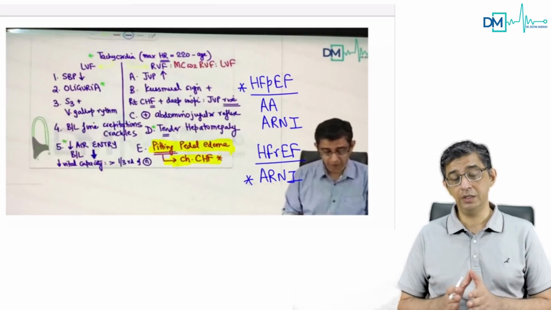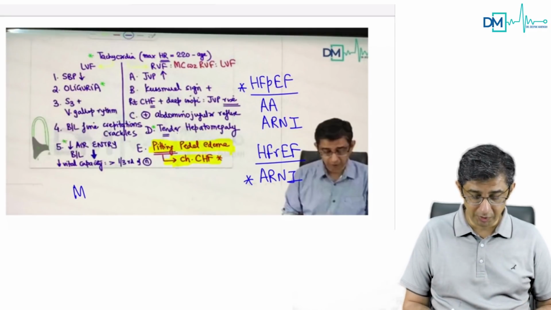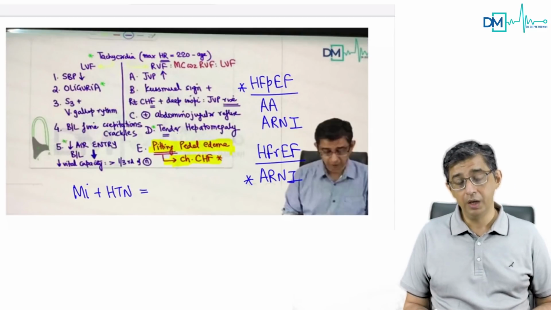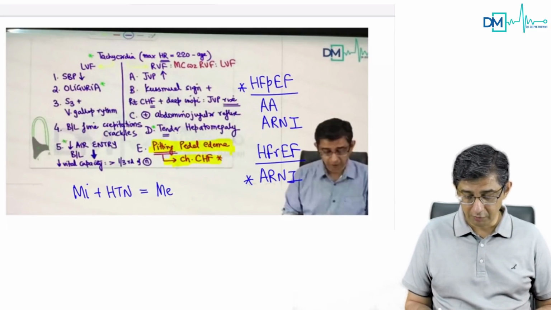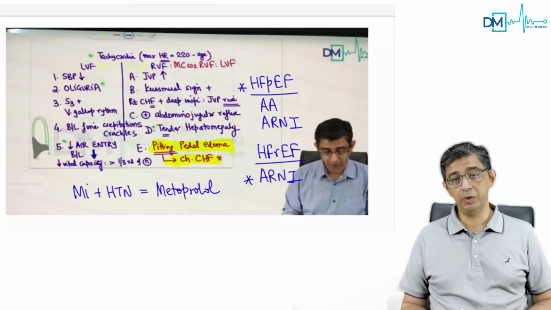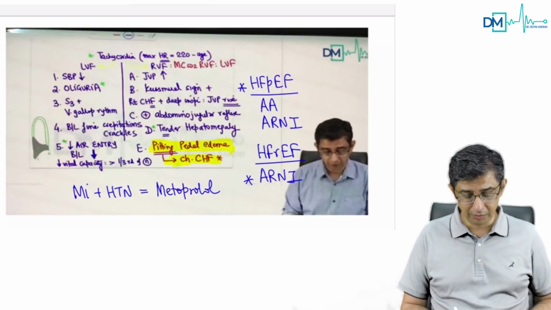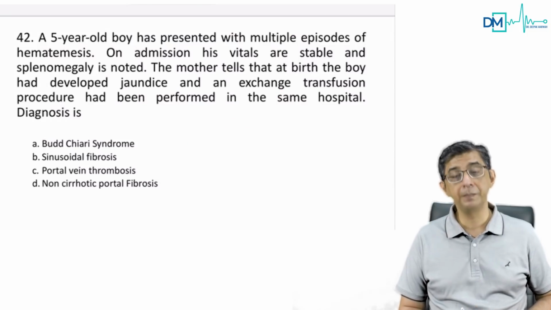And then the agent that lowers mortality, like an MI patient who has been discharged and diagnosed with hypertension. Even then, the agent that will reduce mortality will be a beta blocker, that would be metoprolol in the patient. So do remember these drugs that I've highlighted, and I think this question was relatively an easier one.